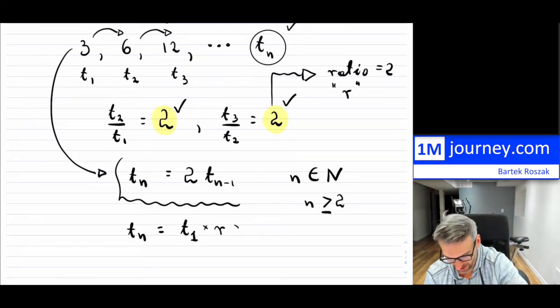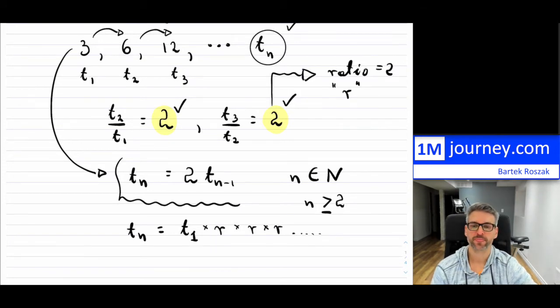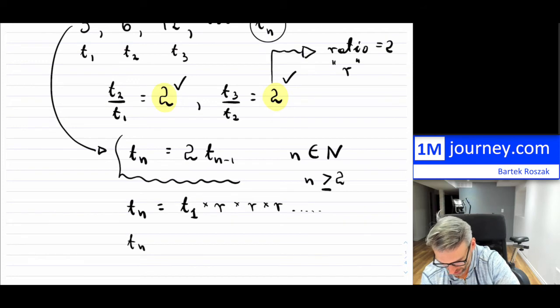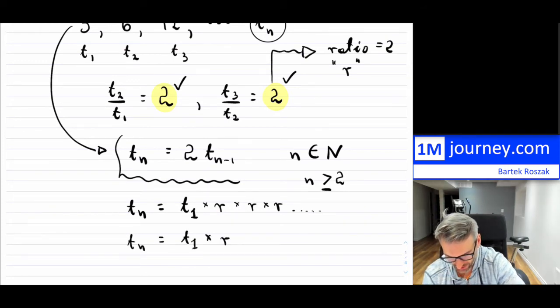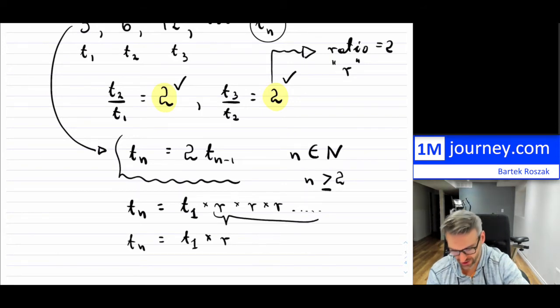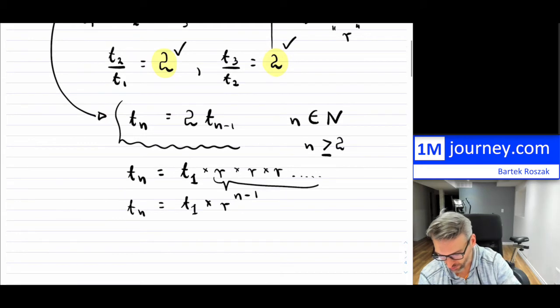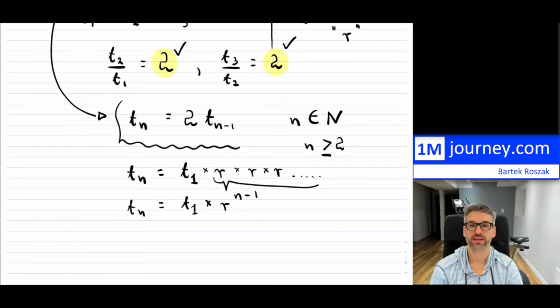So what we're finding is that all we're really doing is we just keep multiplying by these r's, all right? So how many r's are we going to put in there? We can write this as an exponent expression, and it's actually going to be n minus 1. So, for example, if you wanted to find term number 1, it's going to be